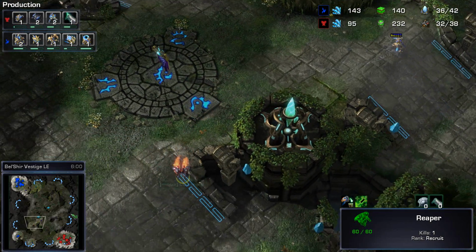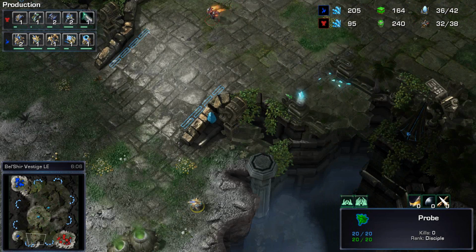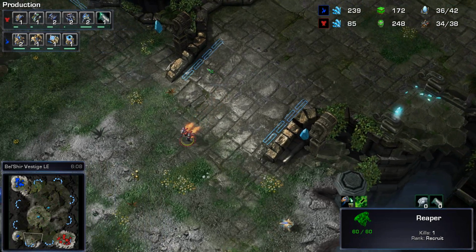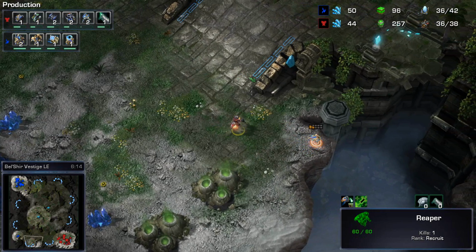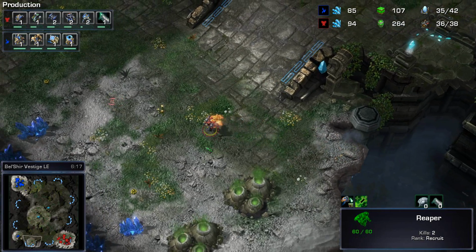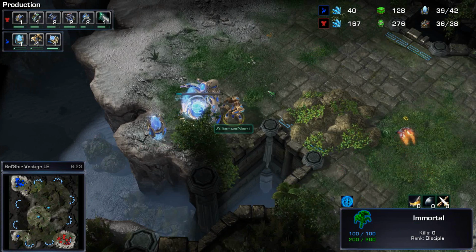The Reaper, however, is going to take a very roundabout way as this proxy pylon is about to warp in. All right, we see that the Reaper is looking around for that proxy pylon, spots the probe and goes, you know what, I'm going to take down the probe as well. And that means everything will be happening from this location right here. Oh,